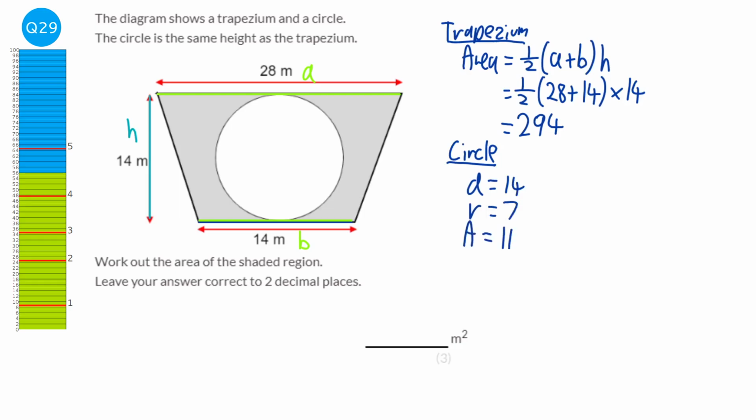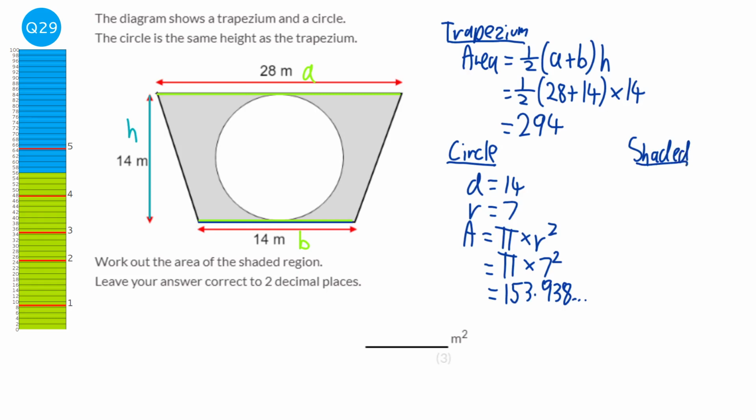And the area of a circle is pi times the radius squared. So it would be pi times 7 squared, which will be 153.938 blah blah blah. Now keep that in my calculator, because next thing we'll do is the shaded area part,